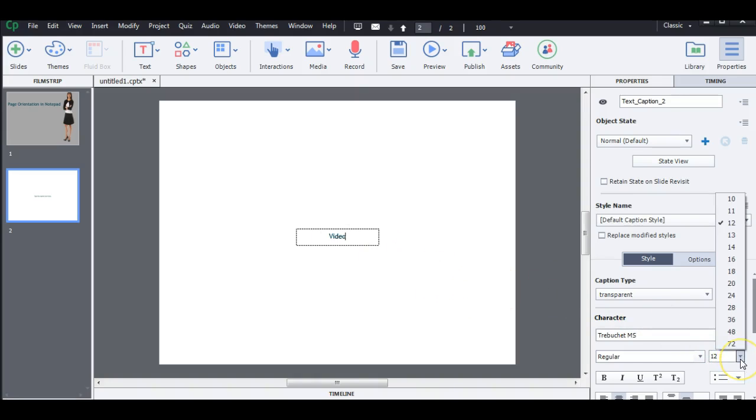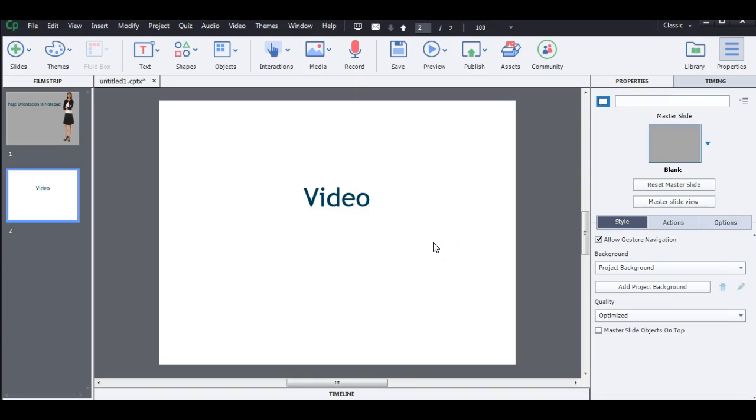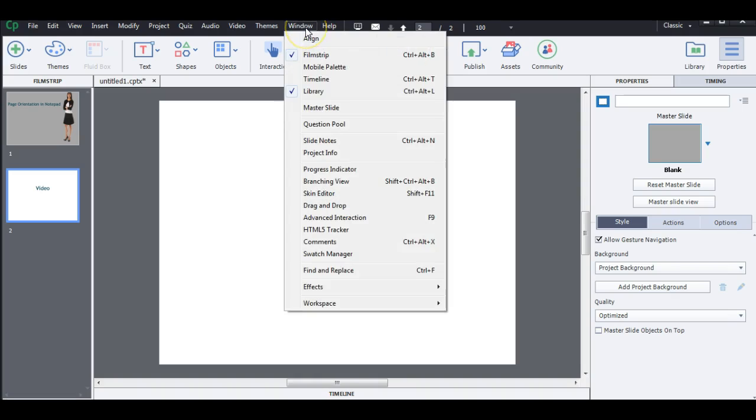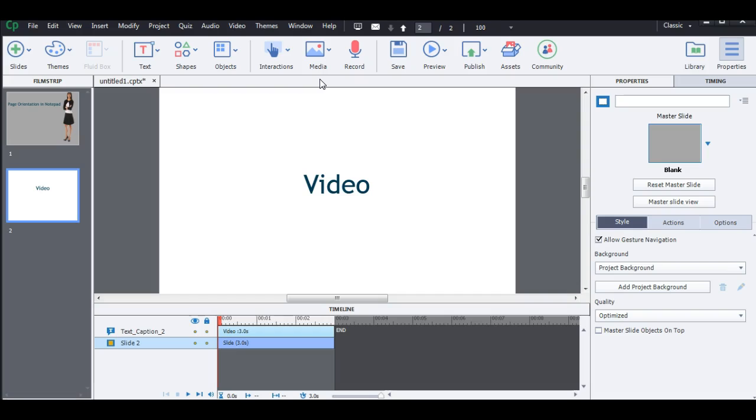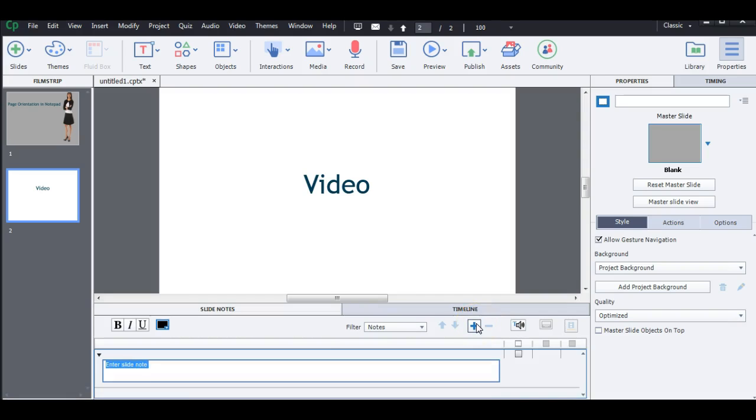And I'd like to make this larger. And I am going to narrate this slide, so I have to go up to Window to view the timeline. And what I would like to do is add notes. So I'm also going to go up to Window, and I'm going to view the slide notes. And I'm going to add my narration here, and what I'm going to say is the following